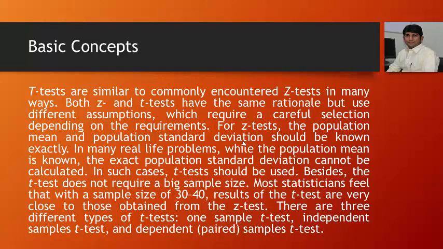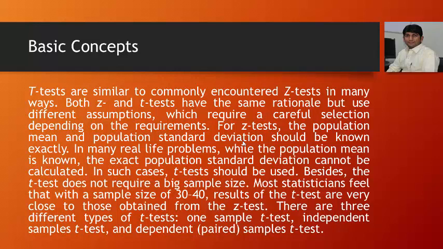But the z-test requires the exact population mean and standard deviation. In real life, the population mean can be known, but the exact population standard deviation is quite impossible to calculate or to find. Like, for instance,